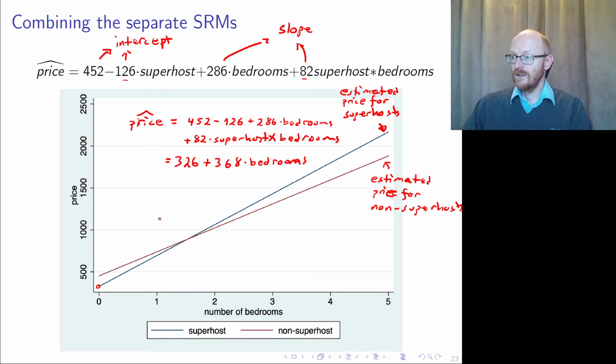So that's the regression line for the superhosts, and for the non-superhosts, it's